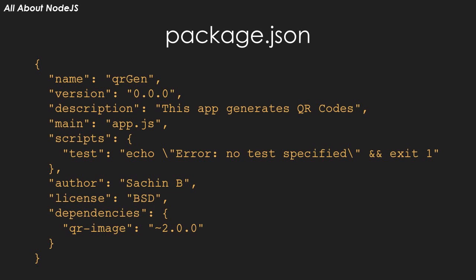When you deploy your app to the server, you do not upload these modules. You simply upload your app along with the package.json file, and this file then allows you to easily download all dependencies directly on the server. This file has several advantages, such as being able to directly update all dependencies and automate tasks as well. Let's quickly create a simple Node.js app that generates QR codes using a module that we'll download using npm.